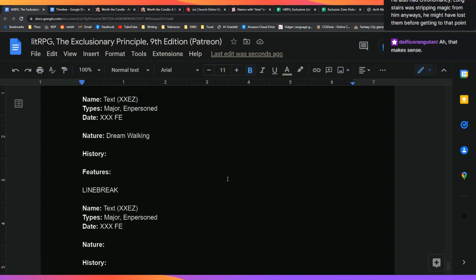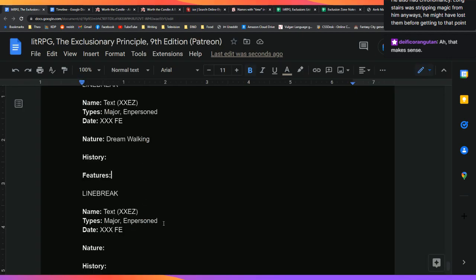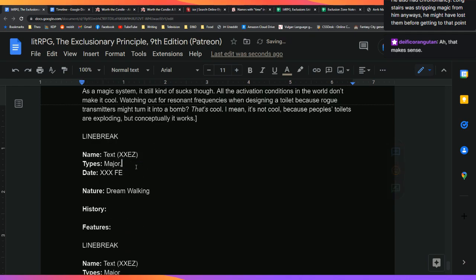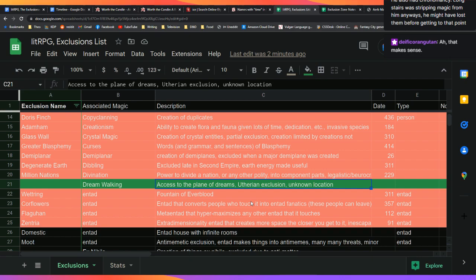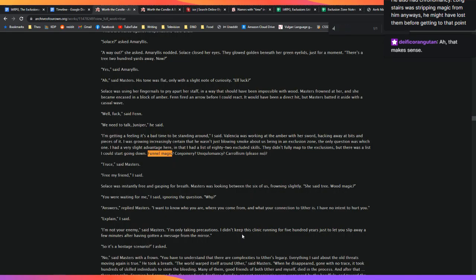Okay, so there's going to be dream walking, and what did I say for next time? I said conjoinery. So we'll do conjoinery. Not in person. I think dreamwalking is not on the map. Utherian exclusion. Unknown location. And then I need to, this is making the stream go long, but,